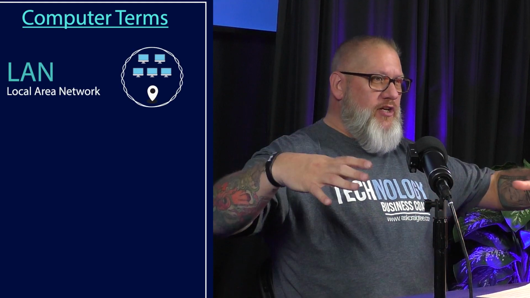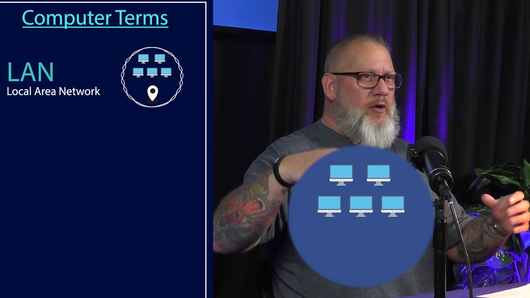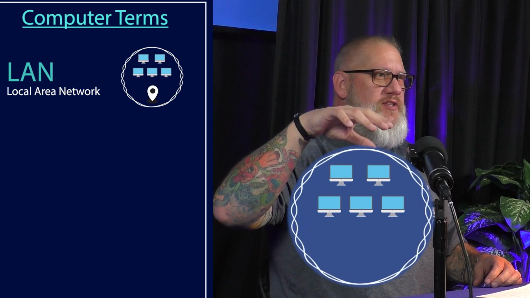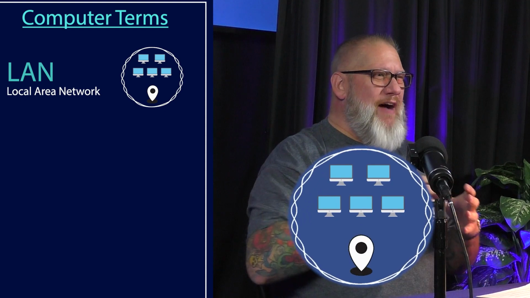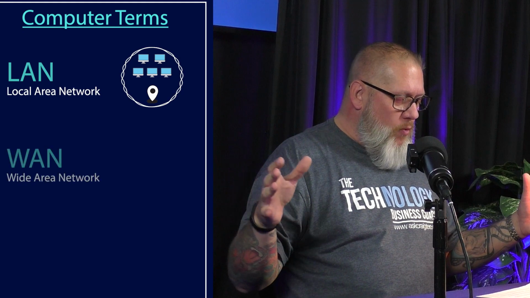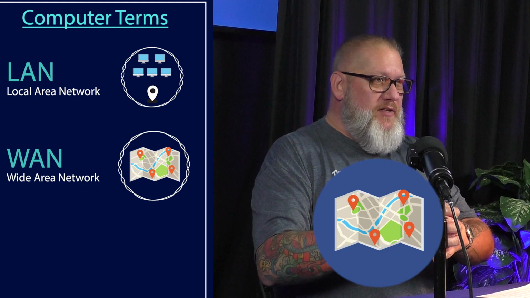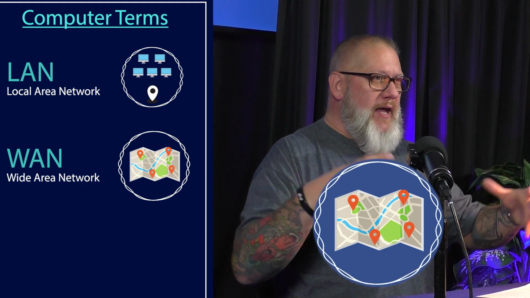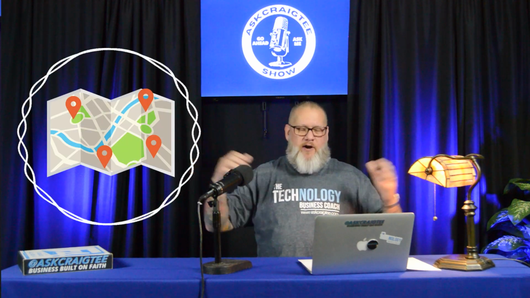A couple more. LAN, local area network. It's a network that connects computers and devices in a limited geographical area. So like if we had a LAN for AskCRAIGTee, it could be the computers that we have here in this office, and it could also be some computers at, like, say, a secondary office location that's not really far away. Maybe it's on the other end of the city. But then you have what's called a WAN, a wide area network, that spans a larger geographical area, connects multiple LANs together, and creates like a bigger network together. So we could take those smaller LAN networks and we could tie them together and have a wider network.